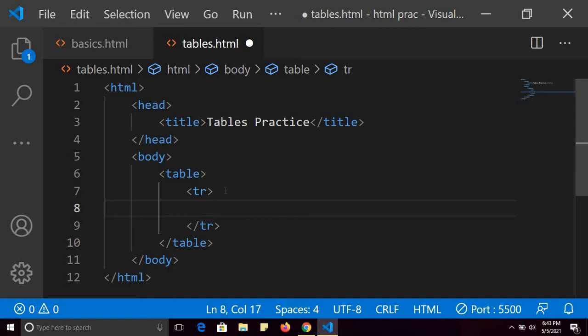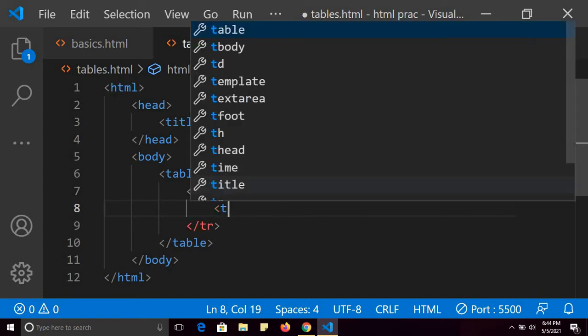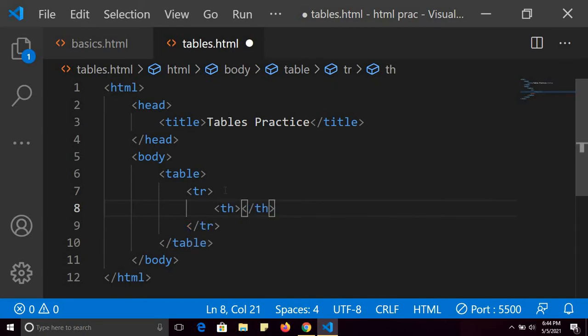TR stands for table row, and here I will use th tag. Th means table heading. So table heading means if I want to give the name, if I want to create columns in the table, I have to use th tag.